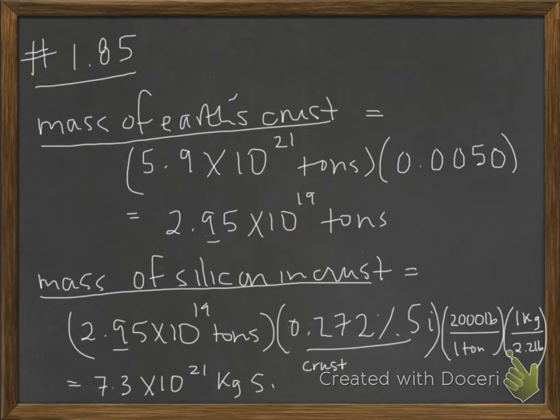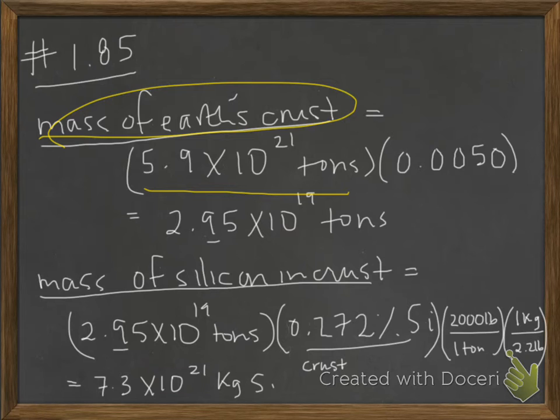So the first thing we want to do is calculate the mass of the Earth's crust. We know that the mass of the Earth is 5.9 times 10 to the 21st tons, and we know that the crust makes up 0.5% of that mass, so that's the 0.0050. Multiplying those two, we get 2.95 times 10 to the 19th tons, which is just the mass of the